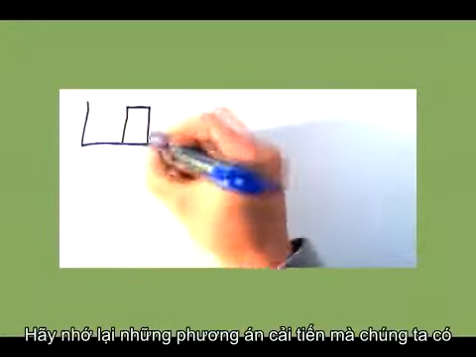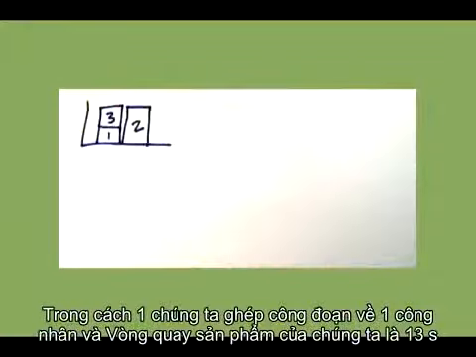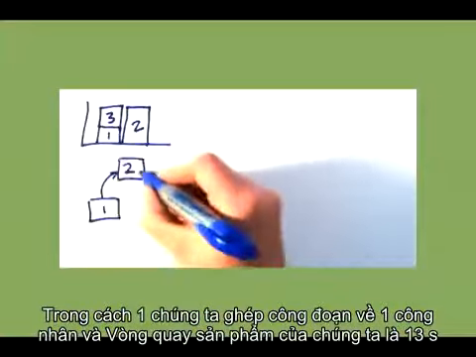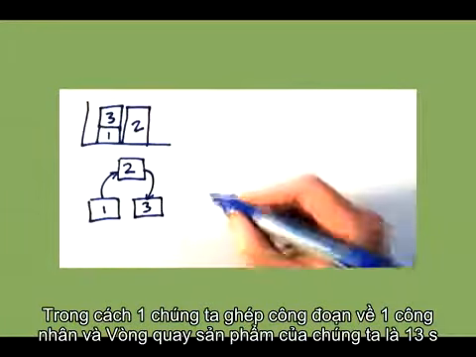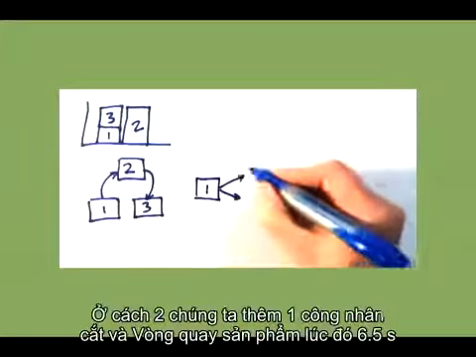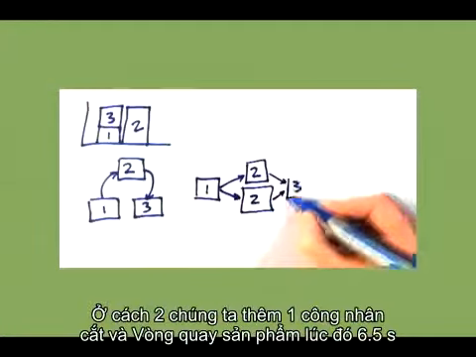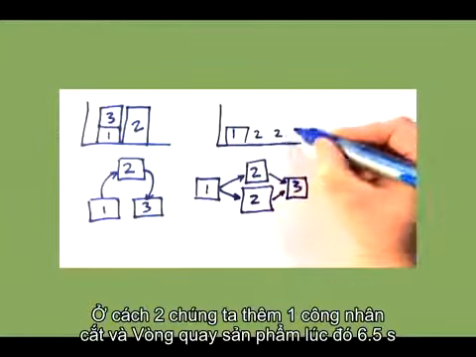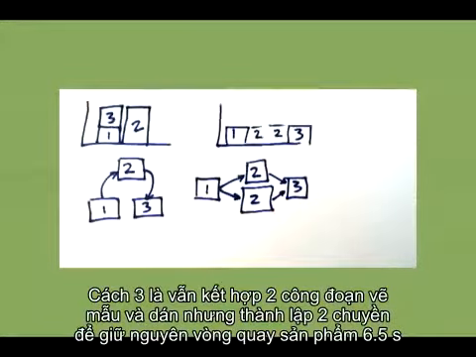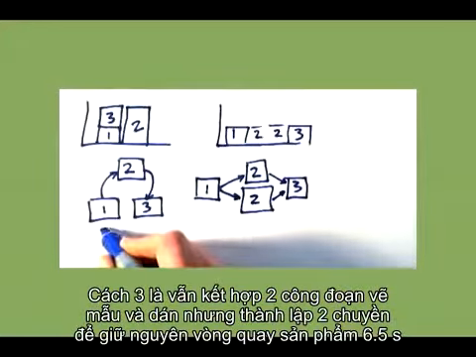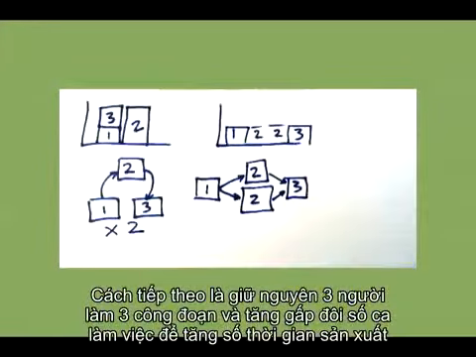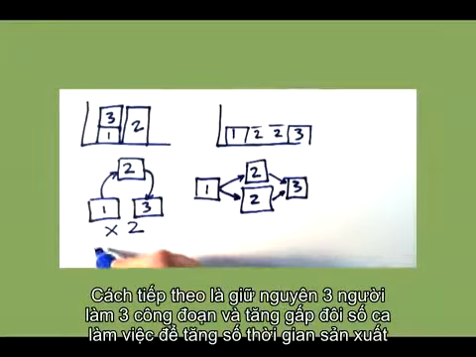Remember the improvement options we had? In the first option, we could combine the first and last step and end up with a 13-second cycle time. In the second option, we could add a second cutter and end up with a 6.5-second cycle time. Another option could be to combine the first and last step and run 2 cells to still end up with a 6.5-second cycle time. Another option would be to run 2 shifts of the combined cell, increasing the available work